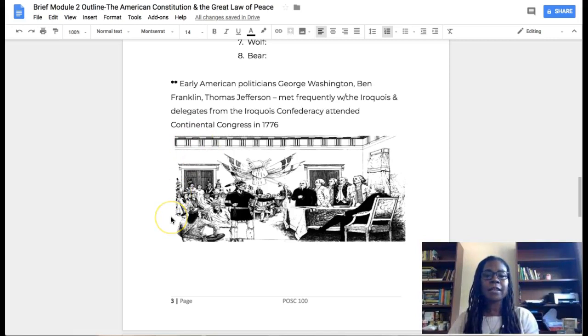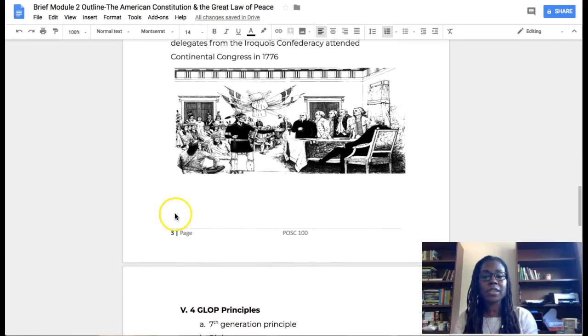So it is not an idle statement to say that the United States Constitution was influenced and informed by the Great Law of Peace, because it had already been in place, as I said, almost 400 years before the founders attempted to create the United States Constitution. And as we'll talk about in a second, there were some key principles